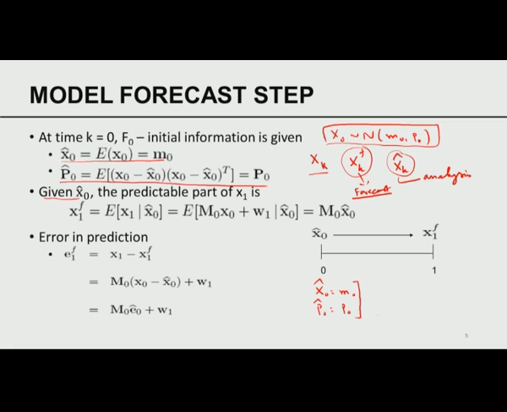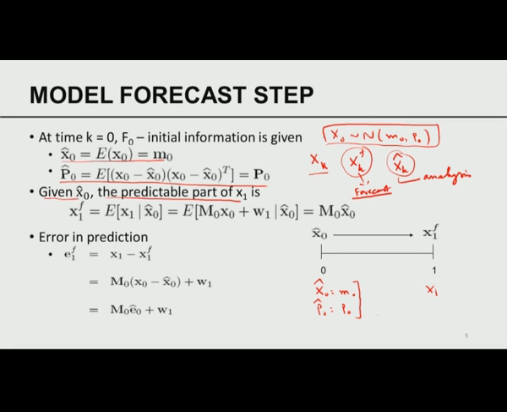So given x0, I want to be able to compute the prediction of the state x1. So x1 is the state of the system, and x1 is going to be random. When I am trying to talk about predicting a random phenomenon, I need to think about decomposing the random process into two things. There is a deterministic or predictable part, and there is an unpredictable part. We can only control the predictable part; the unpredictable part we have no control over. For example, the noise by its very nature is not predictable. Therefore,